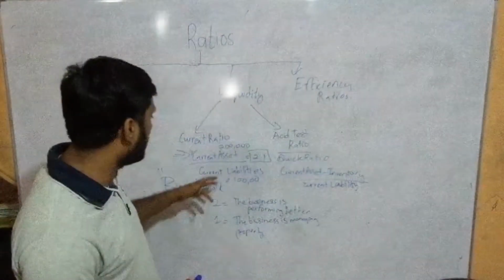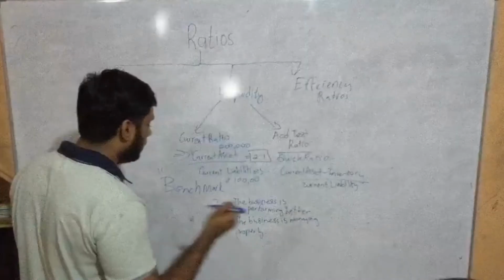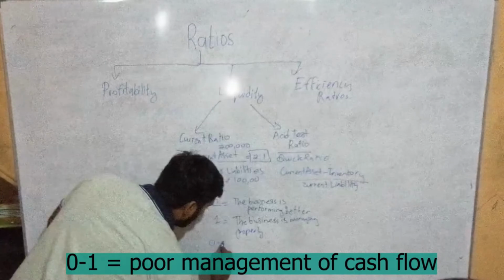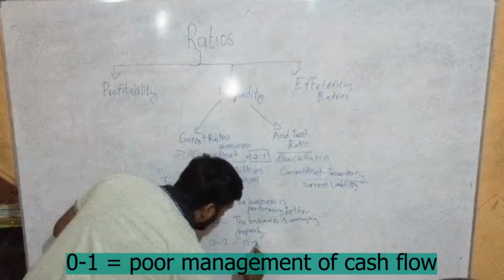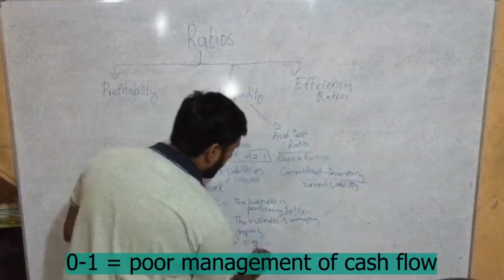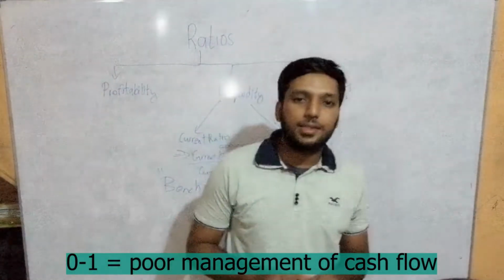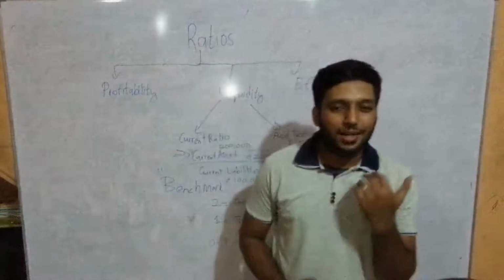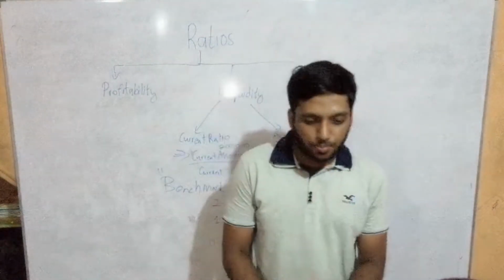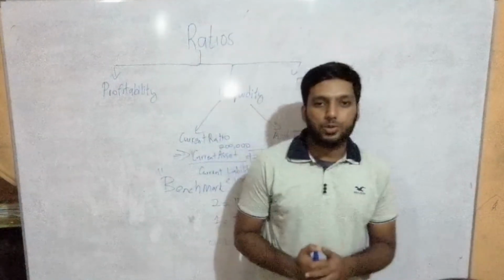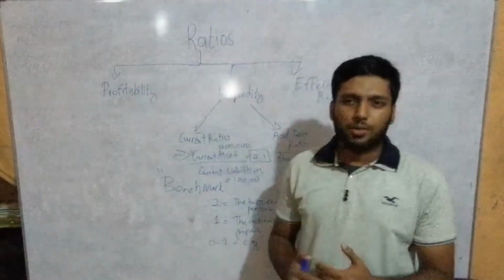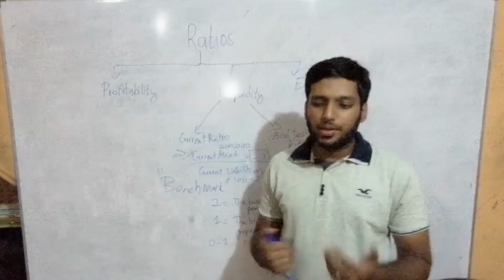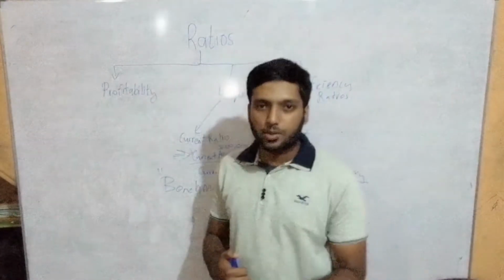But if your ratio, maybe if you got an answer of 0.9 or 0.8, if your answer is 0.8:1, your business is managing the cash flow very poorly, because they can't even pay the current liabilities. That's what it means. So you need to at least have some sort of enough amount to survive, like to pay the current liabilities day to day and run the business. That's what liquidity speaks about.